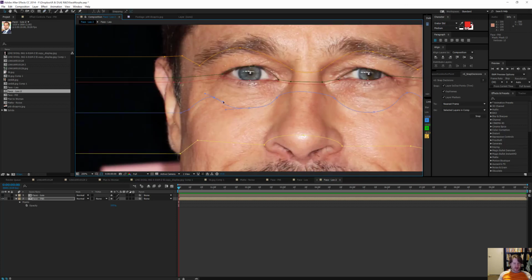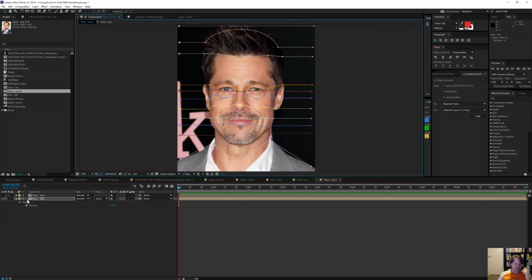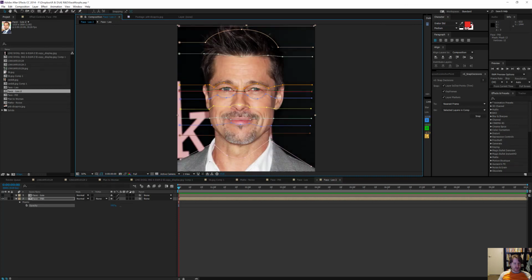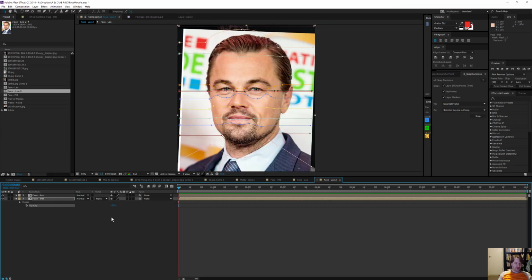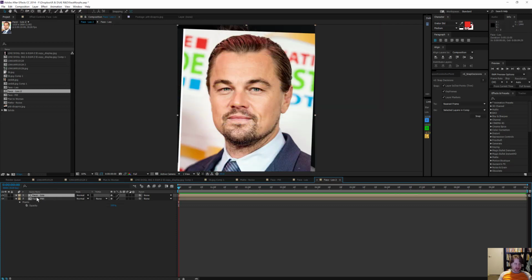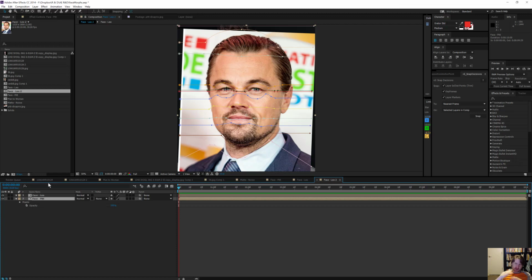I'm just holding down Alt. I think it's Option on a Mac. Okay, cool. Now let's lower this. We can see most of the detail. Okay, this is where the fun part sort of is. You can use and see these masks when you have another layer selected, or like on top of it, since they go all the way through. So we're going to have this layer. If you press M,